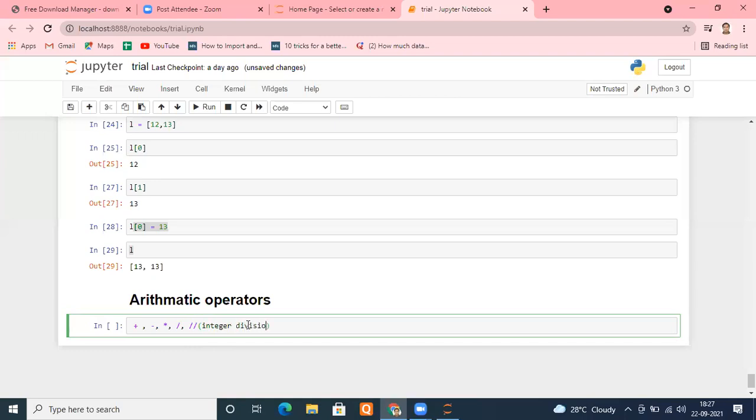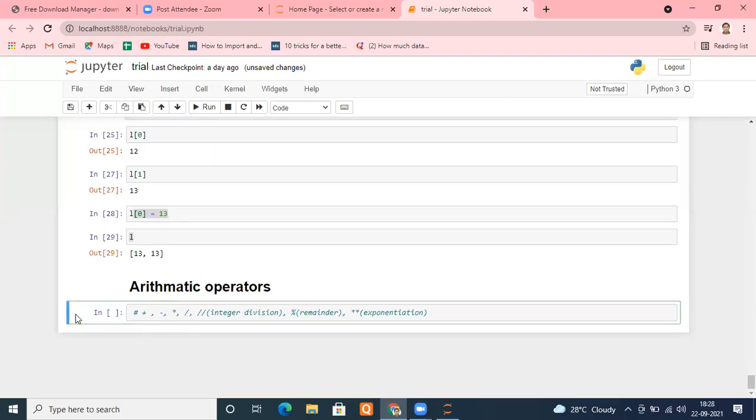Then another operator is the modulus operator, which gives you the remainder. And there is one more operator indicated by two stars, known as exponentiation, meaning power.